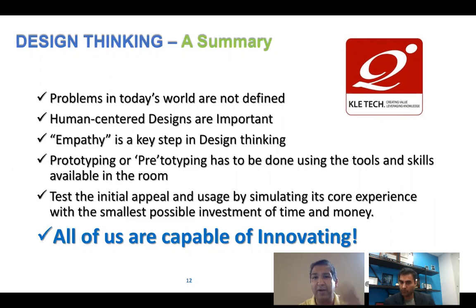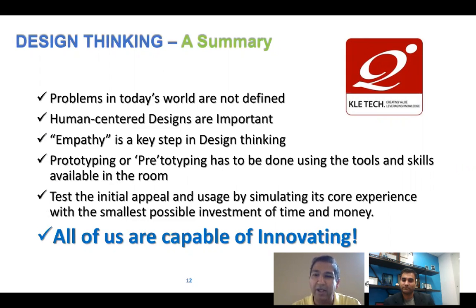So you need to take that problem, convert it to a real-world, reframed problem based on your interactions with us. Come up with your thoughts, interview people around, ask other people, create an empathy map, and then convert that into some ideations, some brainstorming ideas that can be tested as prototypes. I hope that makes sense to you. Prototyping or pretotyping, as Google calls it many times, is done using tools and skills available in the room.